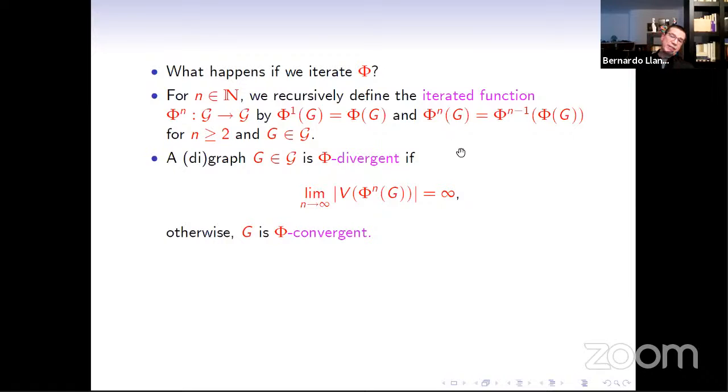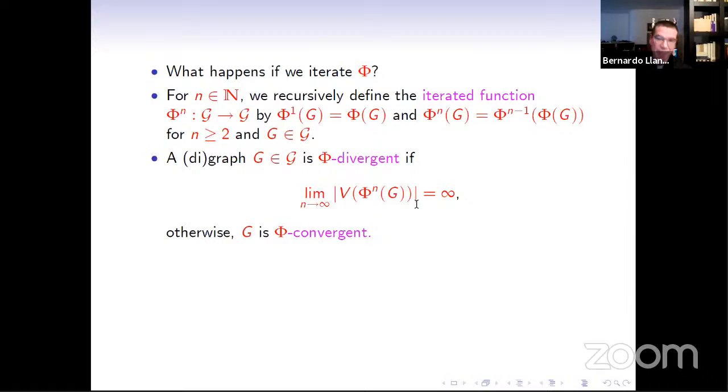And from the general operator theory, you can define that one operator, or one graph, or digraph, is divergent by the operator. It's easy. I wrote the formal definition, but the behavior is the following. You apply the operator